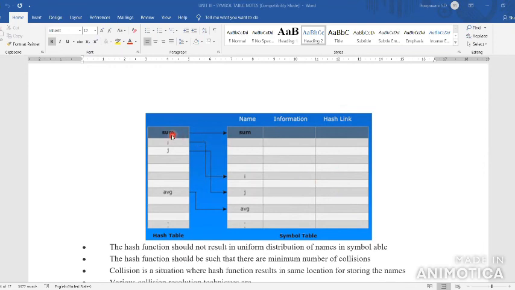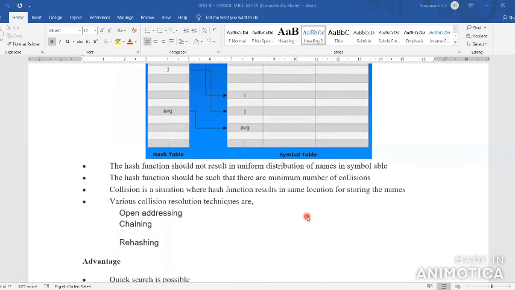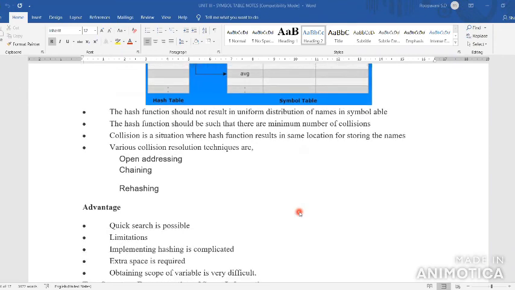Each hash table entry points to a name in the symbol table, similarly for I, J. Many types of hashing techniques are available for the symbol table: open addressing, separate chaining, rehashing, double hashing. I think you know these from data structures.